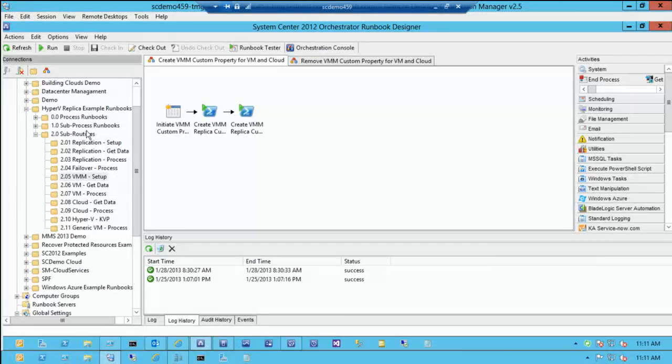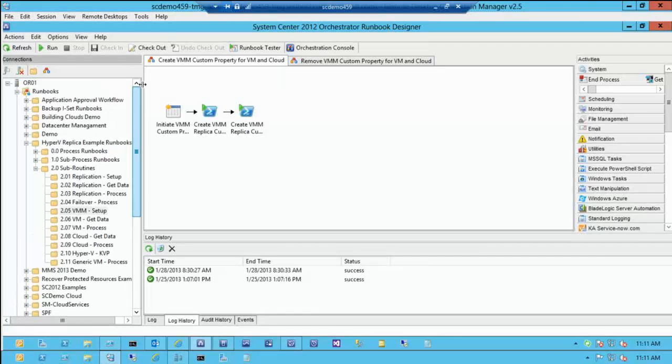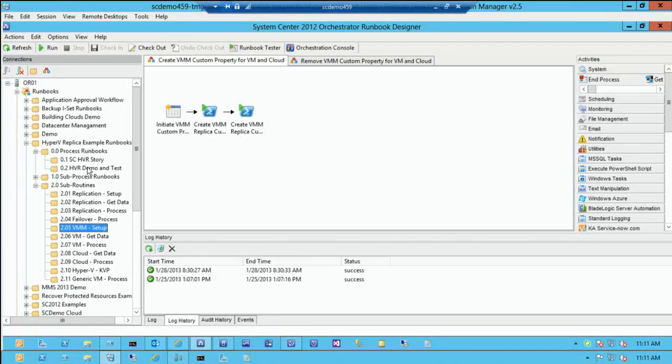So I built these mostly for demo, but you pick and choose what you want to use for implementations. There should be enough there to at least start thinking in that direction. Now, is this the be-all, end-all? No. This is, let's call it, a little past midway in the evolution of some of the recovery options that